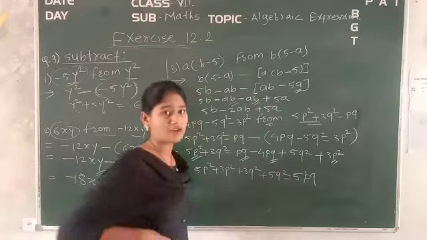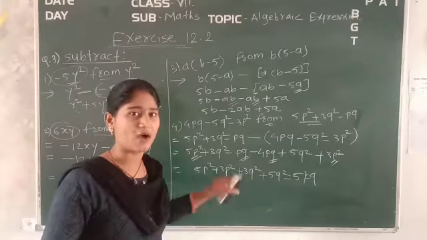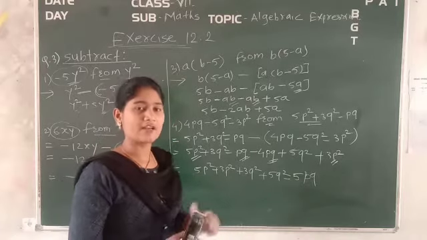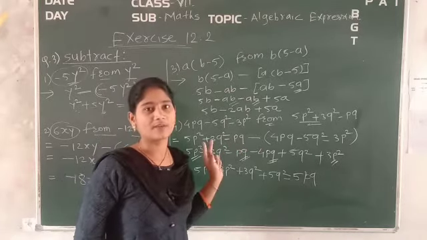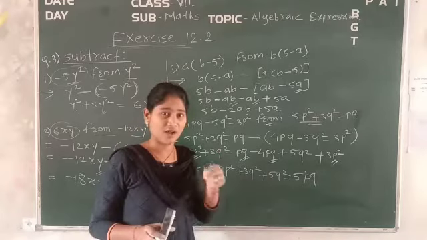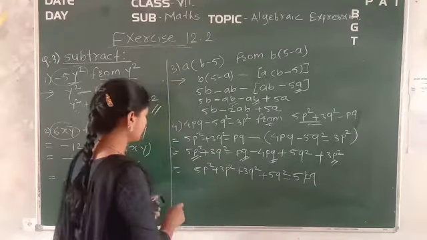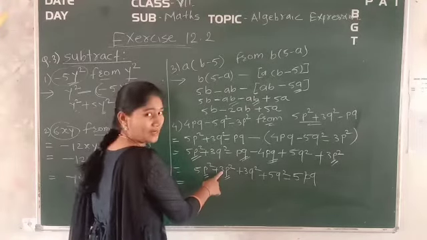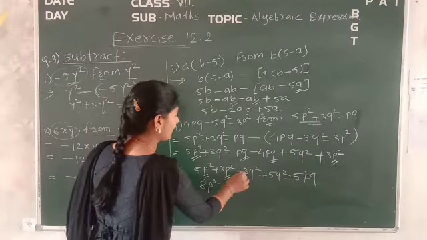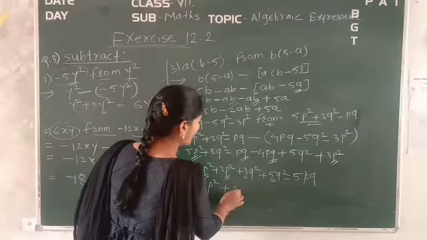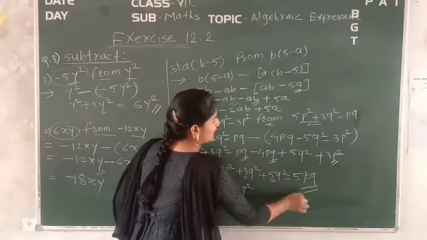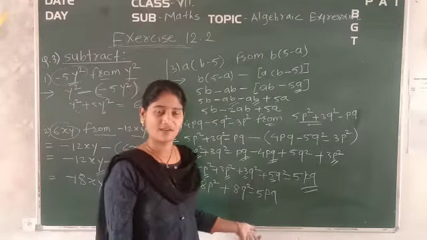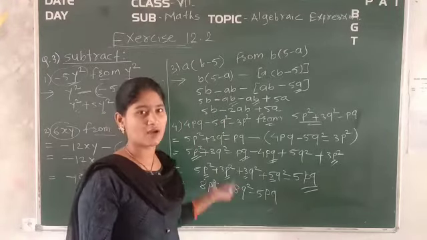Keep focus on the expressions very carefully so that you will understand how I am taking them. In the same way, you have to remember all these things and how to solve this. Even if the expressions change, the same rules will be there. You only need to keep concentration on how to solve it. Now, which is equal to p square, we will add directly. 5p plus 3p is 8p, so 8p square, plus again 5 plus 3 is 8q square. And finally minus 5pq will remain as it is. We got the answer. How easy it was! Very easy. You only need to keep concentration and solve it carefully.